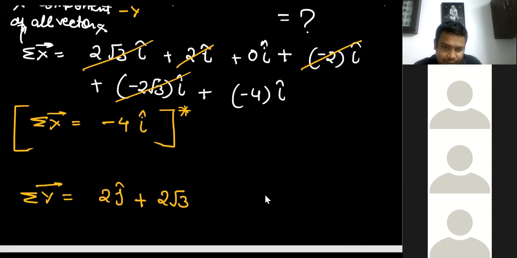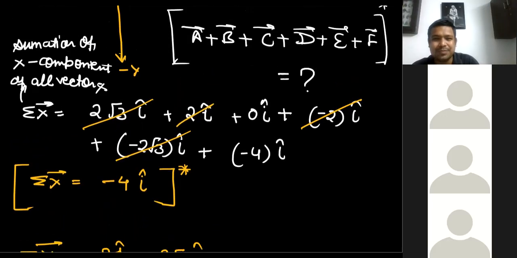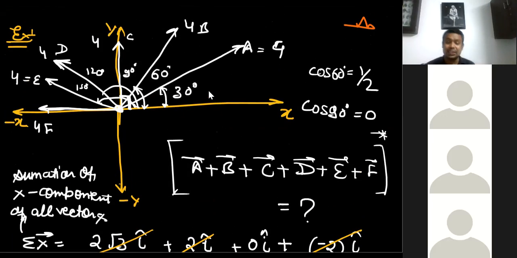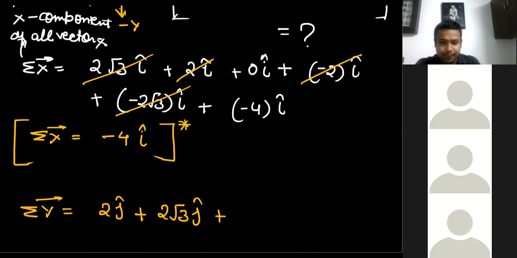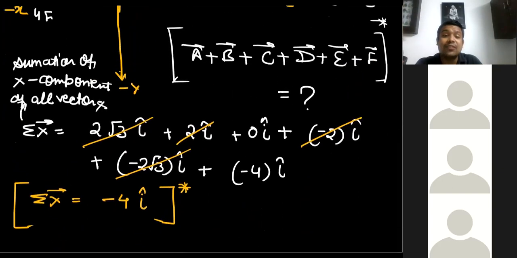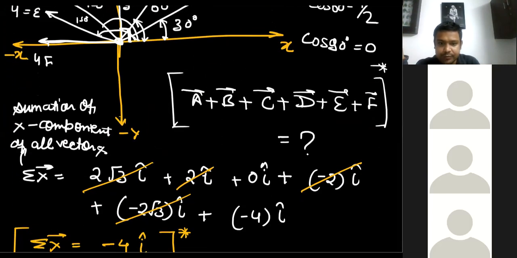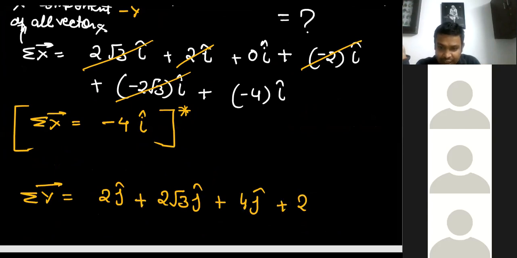What is the component of vector C along Y direction? It is 4J cap. The magnitude is 4 and the direction is J cap, so the vector C is 4J cap. And vector D is 2 root 3 J cap. Very good. And vector E is